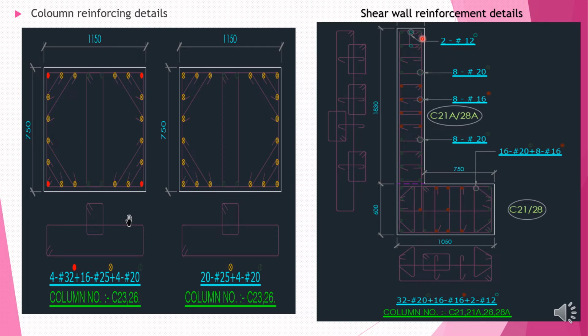You can see this is a 2 12 bar. This is 8 20 dia bars: 1, 2, 3, 4, and on the opposite side 4, 8 20 bars, etc. It will have a reinforcement detail of how the stirrups have to be arranged. You can see this is how the stirrups have been arranged. One external, then one diagonal, and one right angle. This is a cross tie, and this goes like this. Like this way in the other shear wall connection, one full bar of stirrups will go like this. Then 4, 1, 2, 3, 4 of the stirrups. Then it will have cross ties connecting together. This will be shown in the reinforcement.